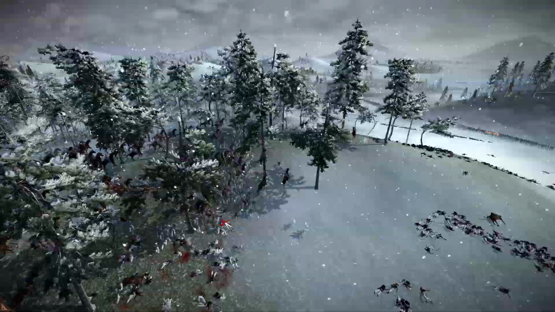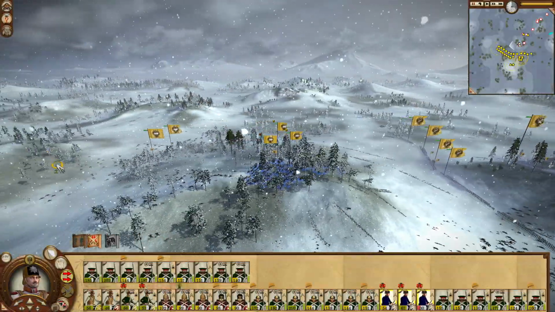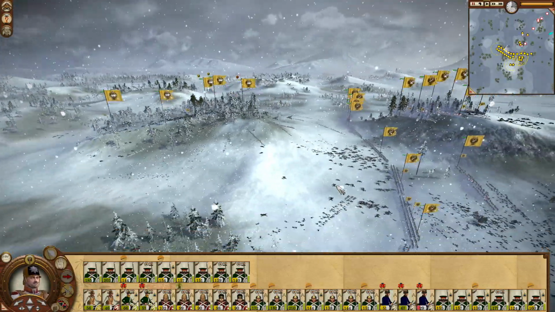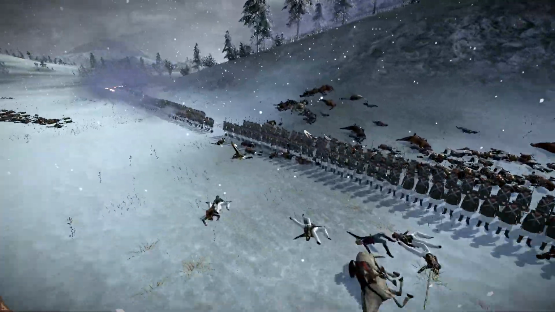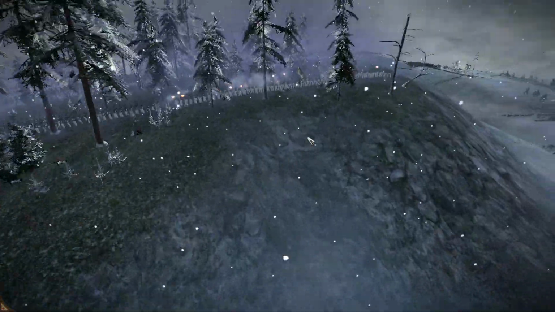And there we have it, victory. Let's move the Cossacks away so they don't get shot to pieces by all those guys. But there we have it. Victory for the Russian Empire. We control